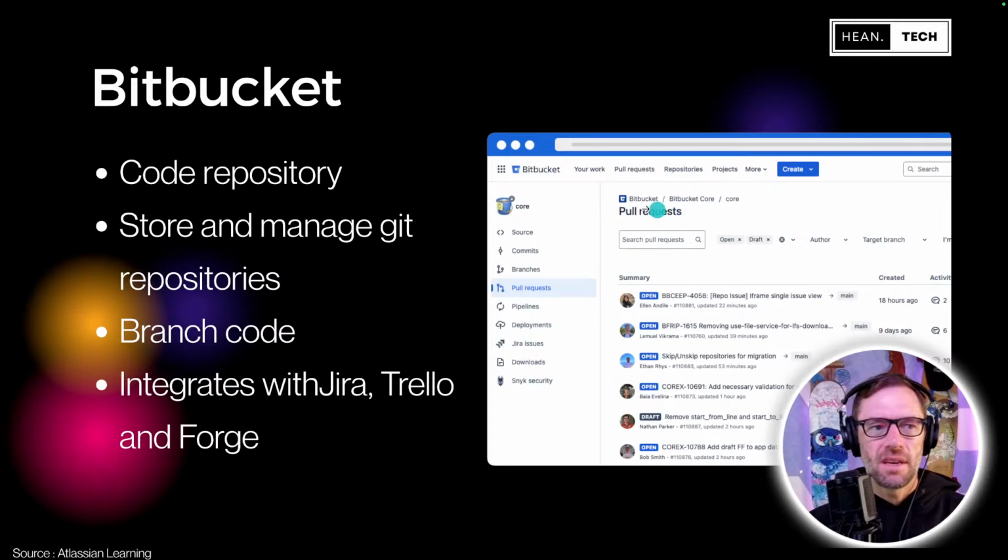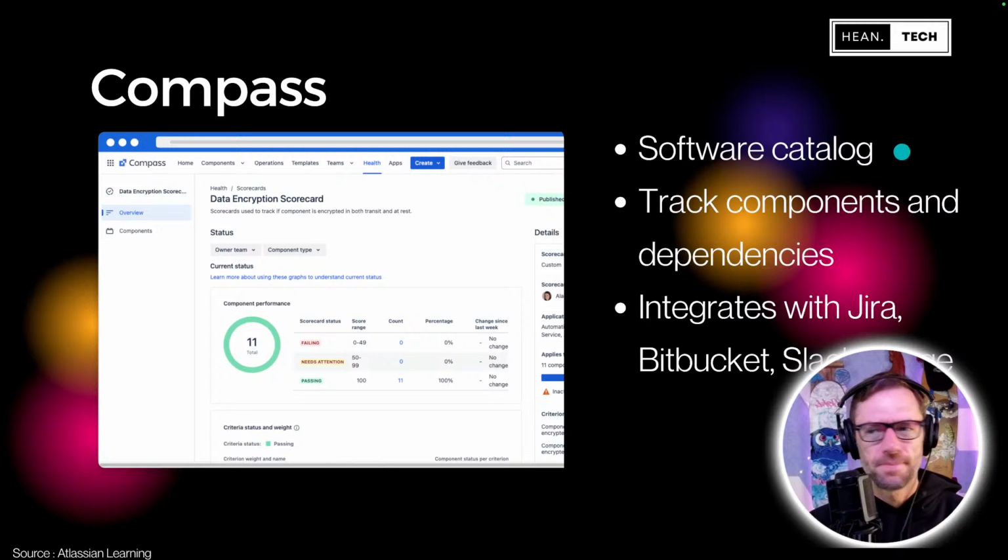So if you're familiar with GitHub, you can just replace that word in your head. I personally have never used Bitbucket. The teams I work with tend to have GitHub. I don't know if that was a decision made consciously or if they just decided, hey, we're going to use GitHub because we know about it. So like any tool, when we're considering using it, we want to assess it and see how does this compare to GitHub or something else, and then make the best decision.